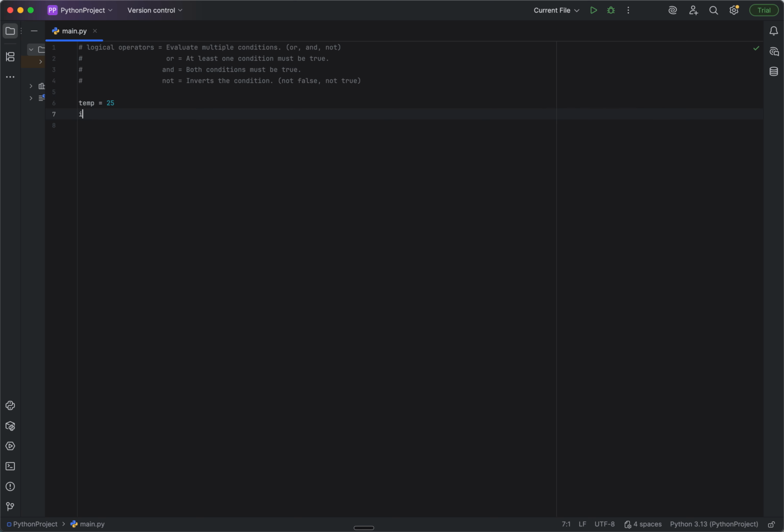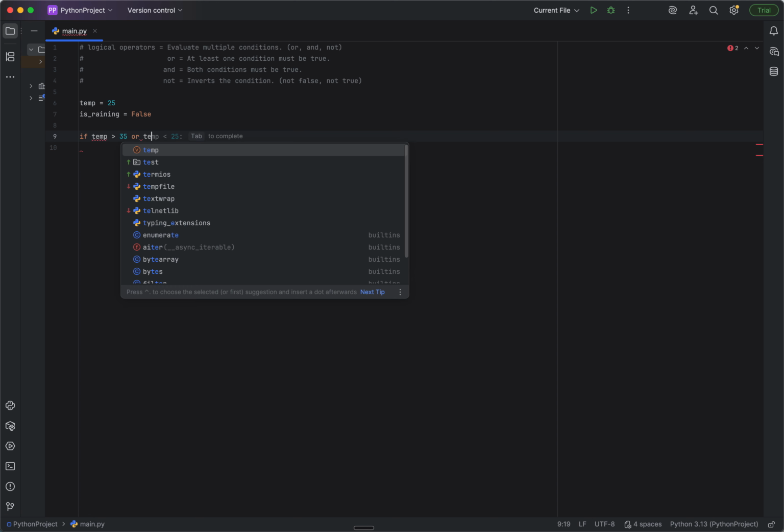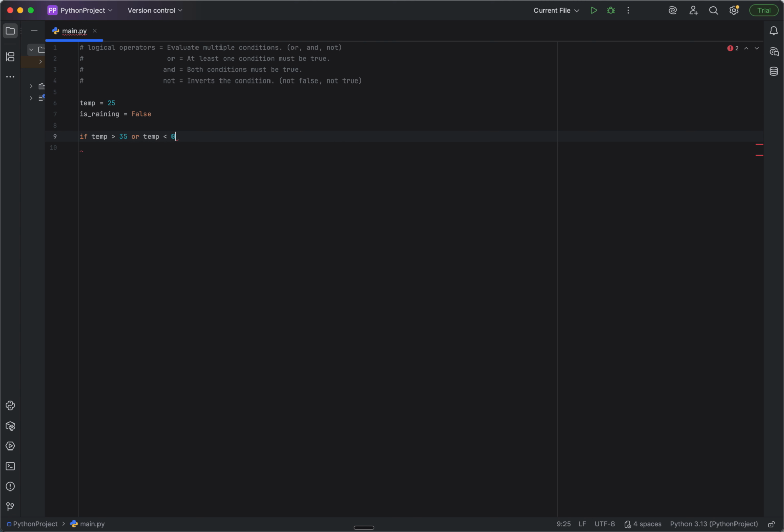And we have the variable is_raining, and the value here is false. And now we say if temp is greater than, let's say, 35, or temp is less than 0, or is_raining